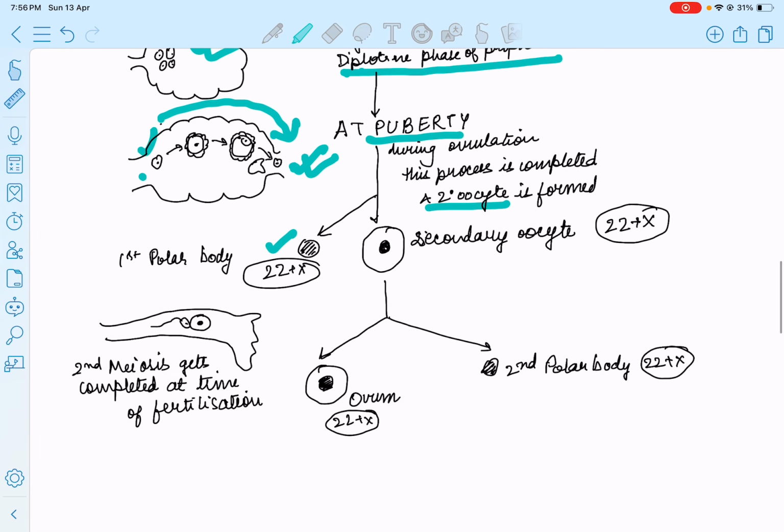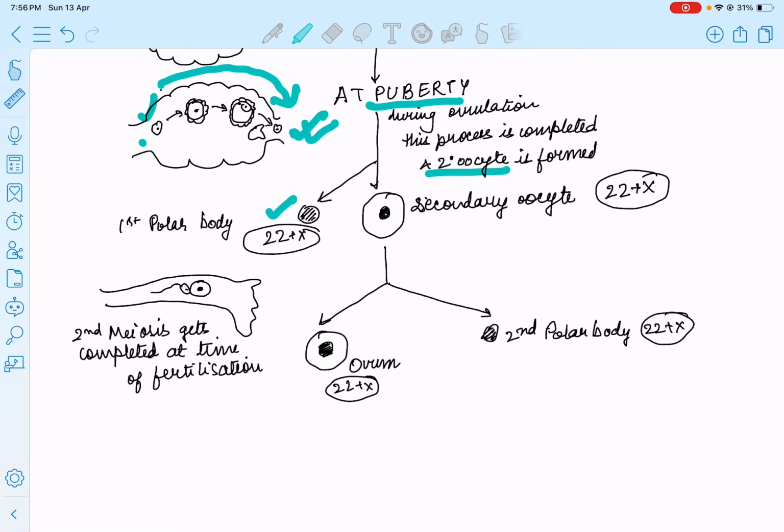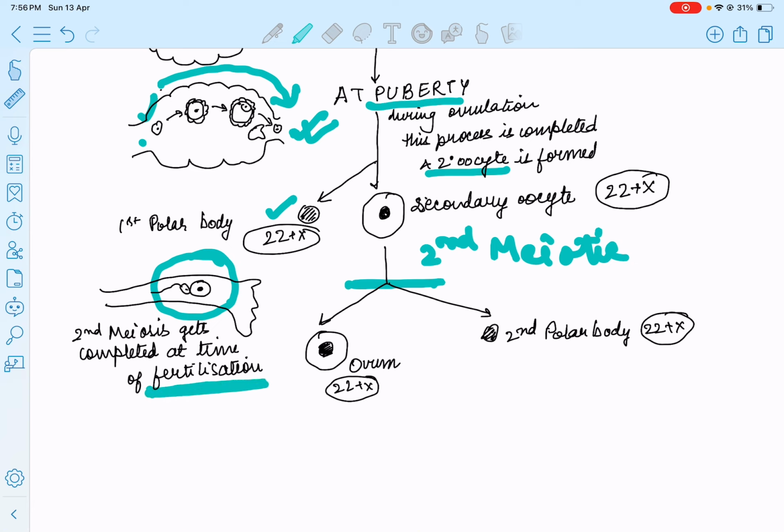The secondary oocytes, after getting released, undergo second meiotic division. The second meiotic division is not a reduction division, so the chromosome will remain the same. The secondary oocytes get arrested in metaphase and it remains in metaphase until it reaches fertilization. When the secondary oocyte gets fertilized, the second meiotic division process is completed. So, the second meiotic division is completed at the time of fertilization, and thus at the time of fertilization, secondary oocyte gets converted into ovum and the sperm fertilizes the ovum and fertilization process